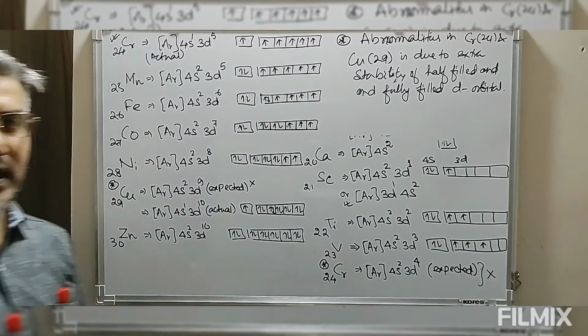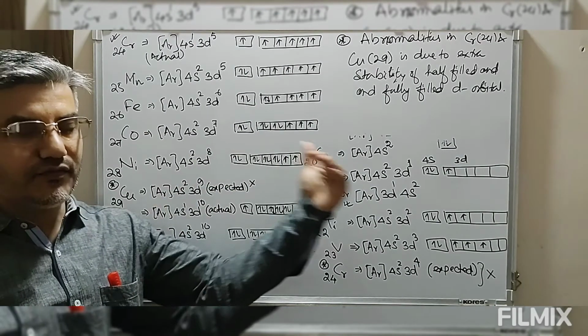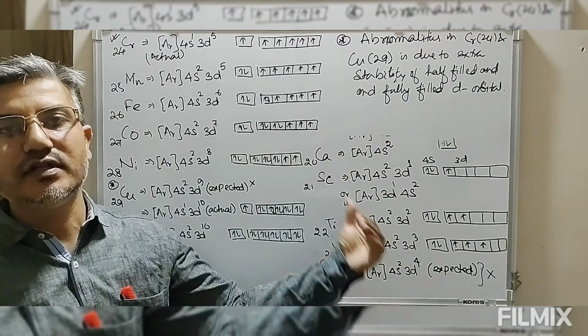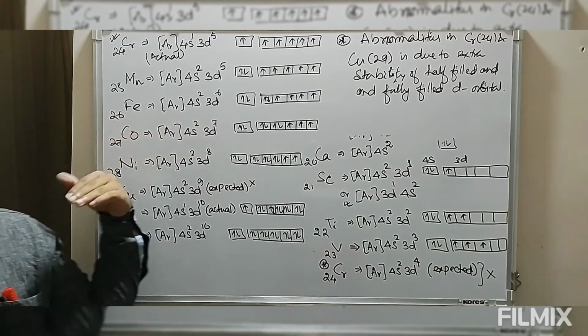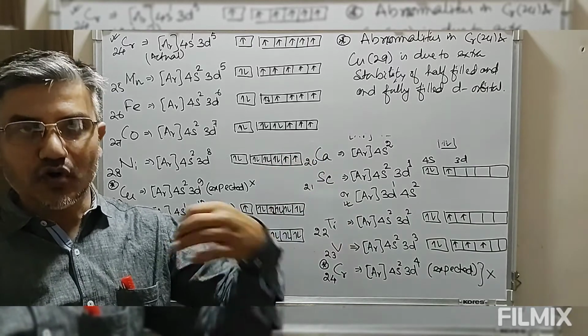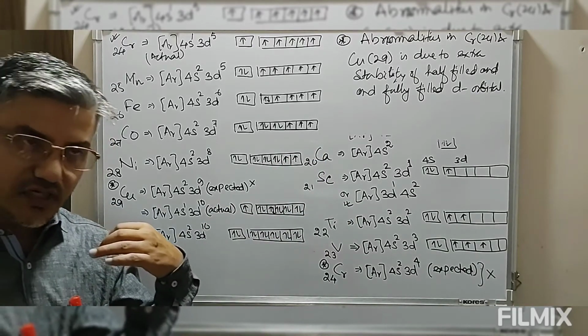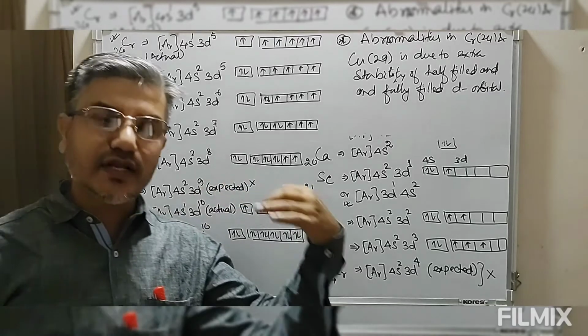In case of chromium, the d orbital is half filled, and in copper it is fully filled. So due to this extra stability, chromium and copper show abnormal electronic configuration, which is not the one expected